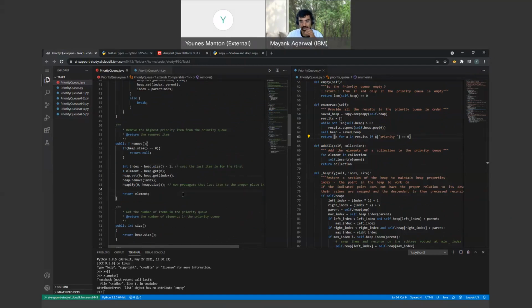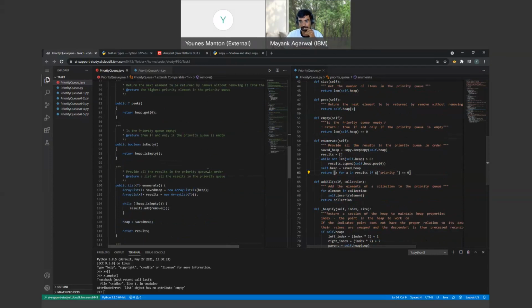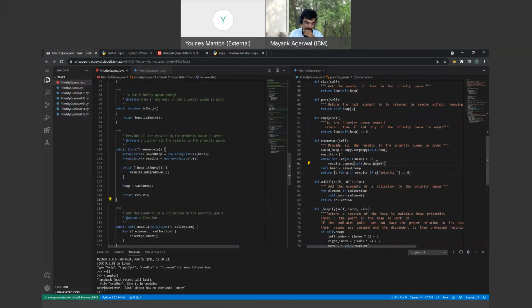Yeah, there's no priority; it's implicitly the first item in the list. Why would it do that? Yeah, I don't understand. X for X in results if X priority equals 0. So it's scanning through all the items and filtering out ones that,